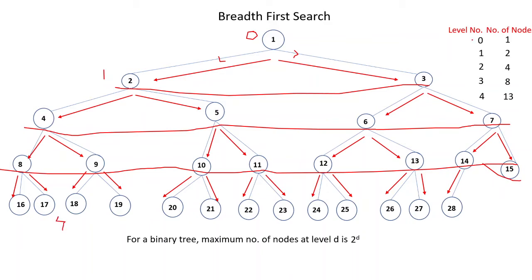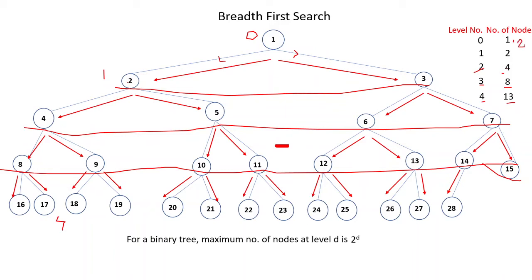So we can see at level number 0 we have one node. At level number 1 we have nodes 2 and 3, that is 2 nodes. At level number 2 we have 4 nodes, that is 4, 5, 6 and 7. At level number 3 we have 8 nodes, that is 8, 9, 10, 11, 12, 13, 14 and 15. And at level number 4 we have 13 nodes. So this can be rephrased as